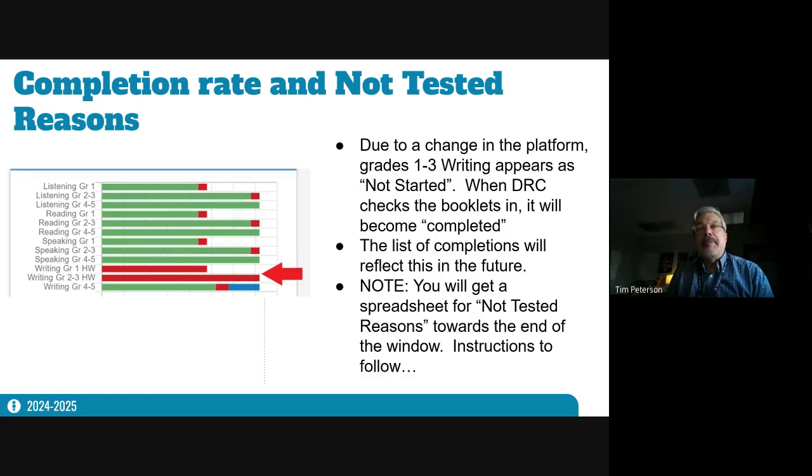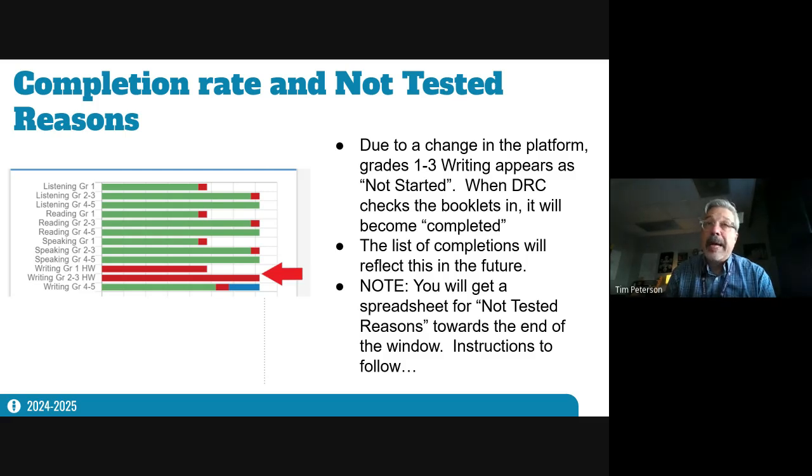Now, one of the things that I'm going to be sending everybody shortly this week yet is a completion rate. I'll be sending a spreadsheet because I just want to make sure that you're aware of where everything is at. If you haven't gotten a list already, I'm going to be sending you a list of students that are done or not done or in progress, not started, etc. Please keep in mind that for grades 1 through 3, the writing portion appears as not started.